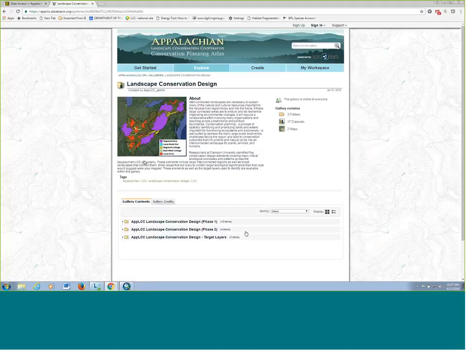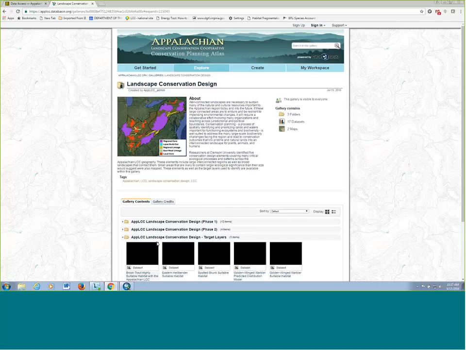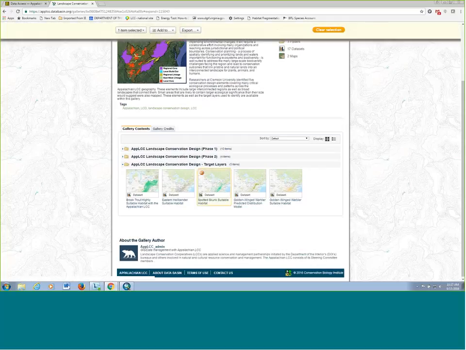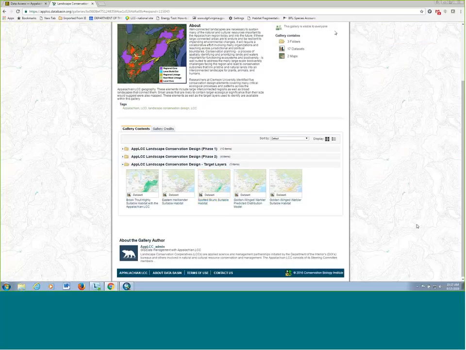You'll see there's a couple folders down here. You had asked about the underlying data. Well, that's all the data that's in this, and there's only 5 data sets right now. The target layers, that is where all of that data will reside when I have finished preparing it and then uploading it. Okay, so just to clarify, that would be like 4 different layers that you could download,